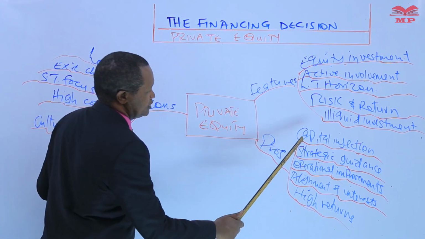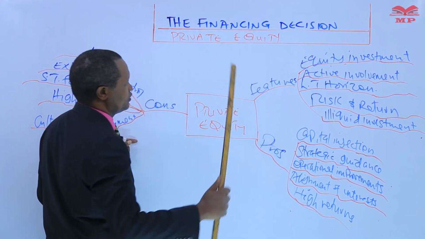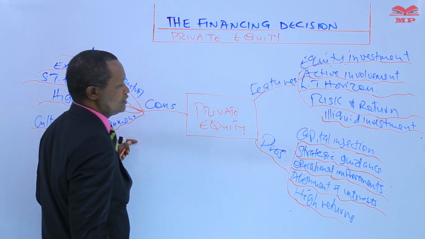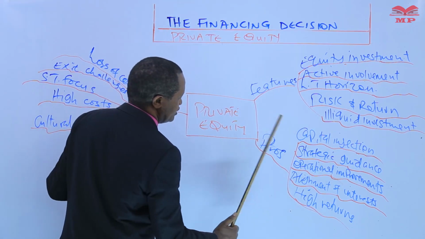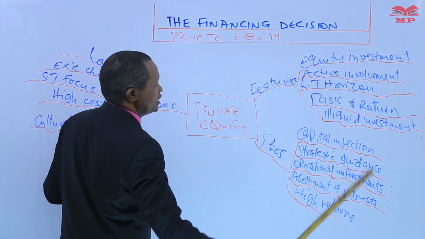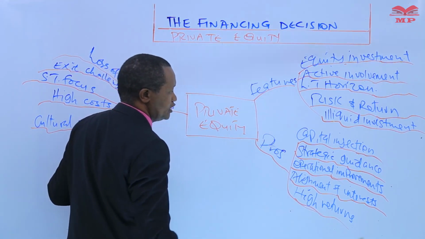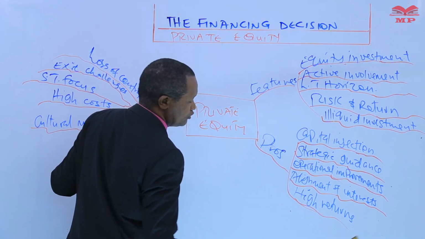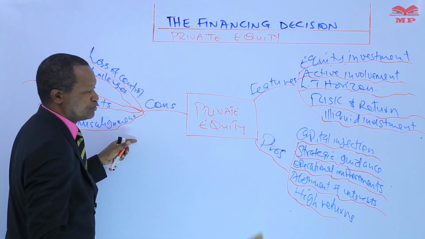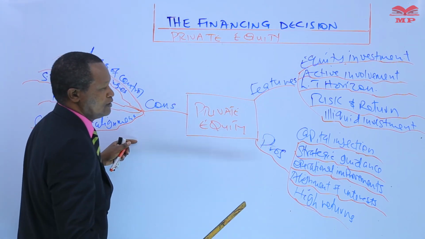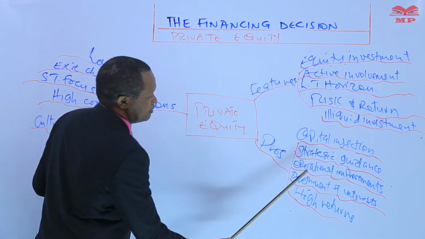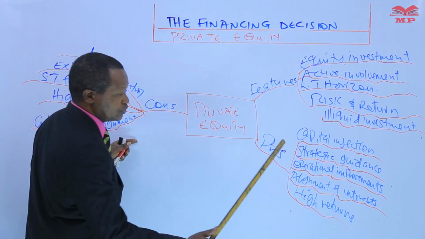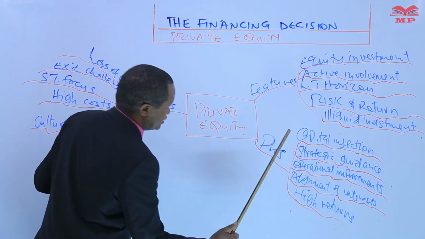We've outlined 5 benefits of private equity. One is capital injection. There's a benefit related to strategic guidance. We say that private equity firms bring strategic guidance, knowledge, and skills to the company. They may also, number 3, bring operational improvements, which may lead to high profitability, saving on costs, and so on. Number 4, alignment of interests. Then there is a benefit related to high returns.